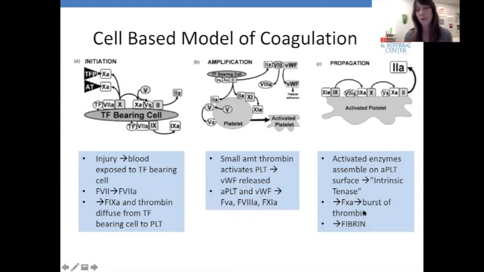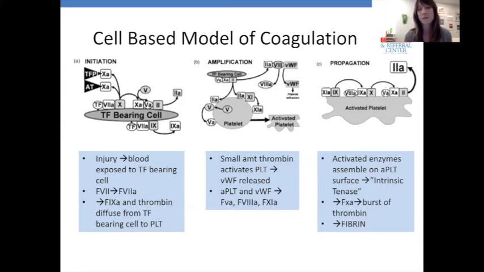Thrombin is that factor which is so important for the conversion of fibrinogen to fibrin. And of course, fibrin is that meshwork of the clot. So that's that absolutely necessary net that holds in all the platelets, all the proteins, and that's really how the